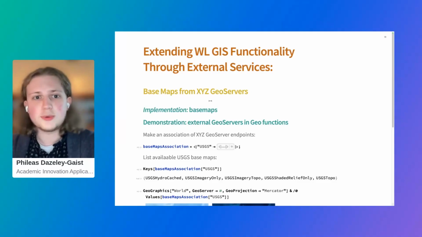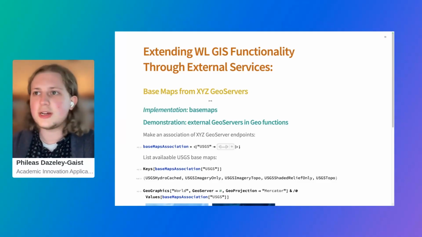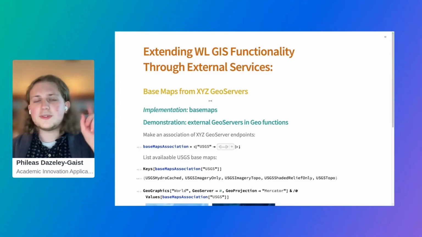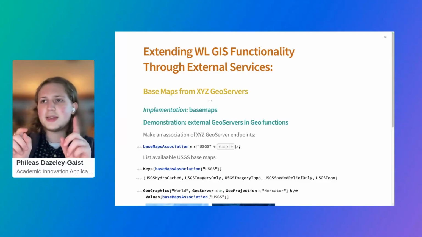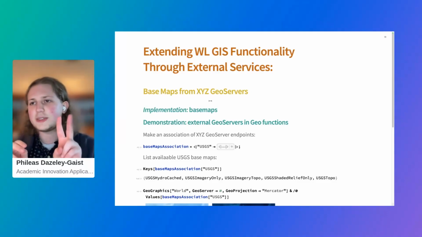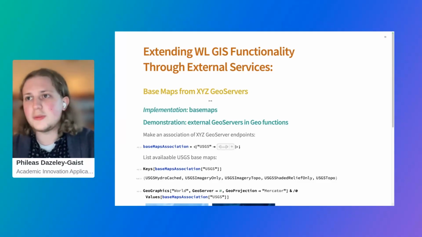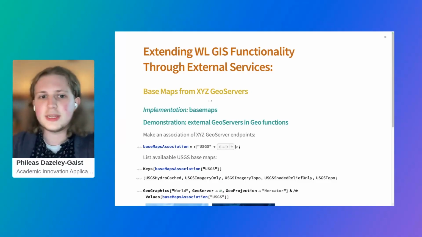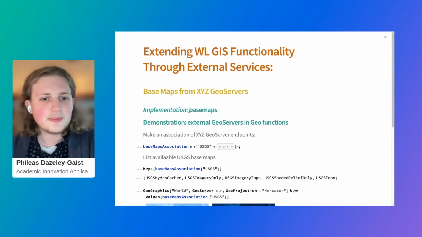What we currently have support for is XYZ geo servers, which are geo servers that fetch tiles specified by an X, Y, like a position of the tile is specified by the index of the tile specified by an X and Y parameter, followed by a zoom parameter, which is the Z parameter. So,